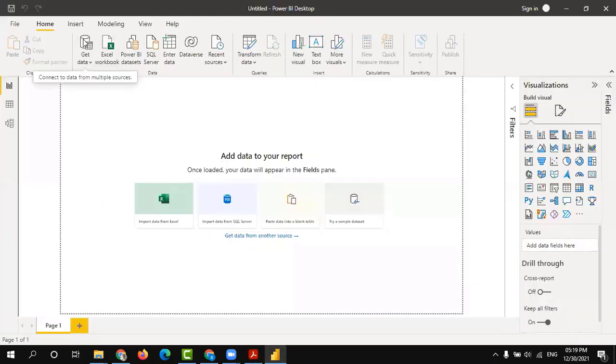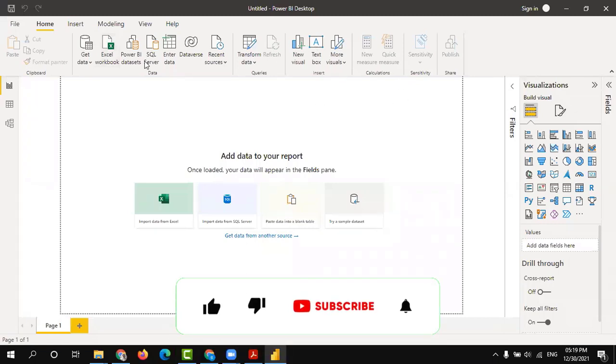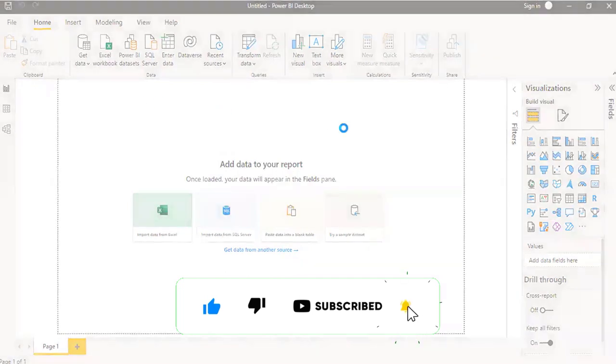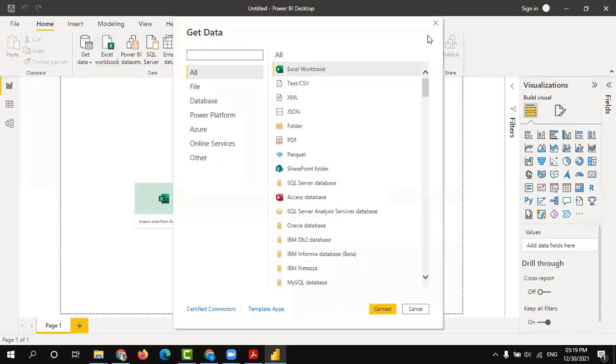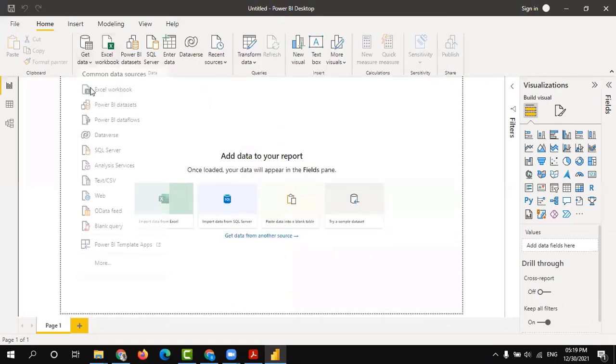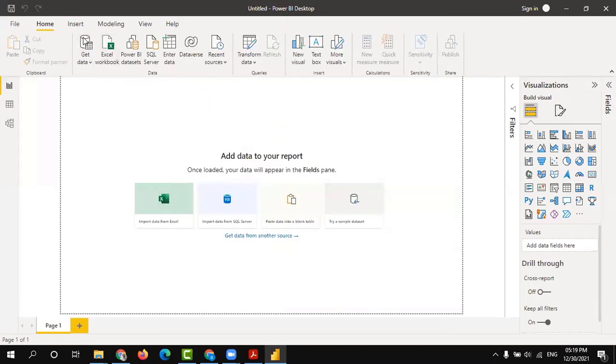So first go to get data. You can click on the get data. This pop-up comes up.